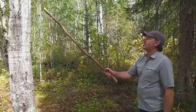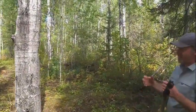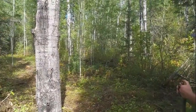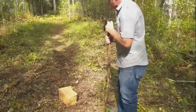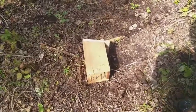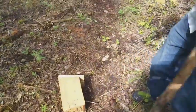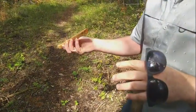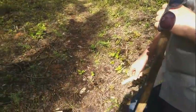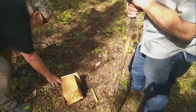A bird box here, and now it's over there on the ground. I'm sure if we look at it, we'll see scratch marks and bite marks on it. Well, so you think that's from the bears then? Most definitely. Okay. So this is one of the bird boxes on the trail. You can see there's some scratching on there, some damage. He's been chewing on it. You can see tooth marks on there. So it'd be like a curiosity for the bear. It's like a toy. So, we have the trail being built, but this is nature, and this is the north, and we are going to see